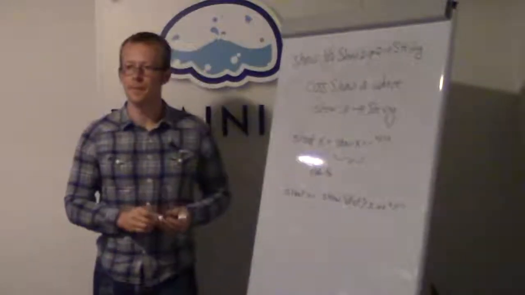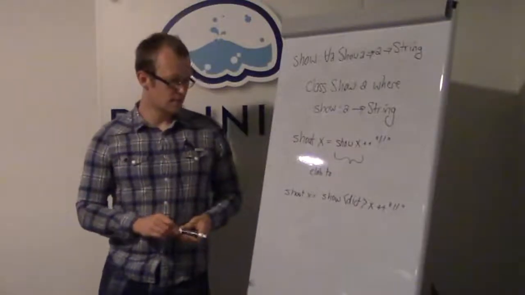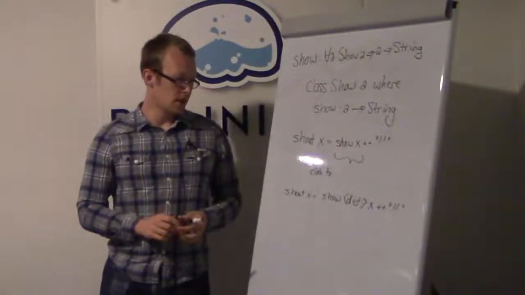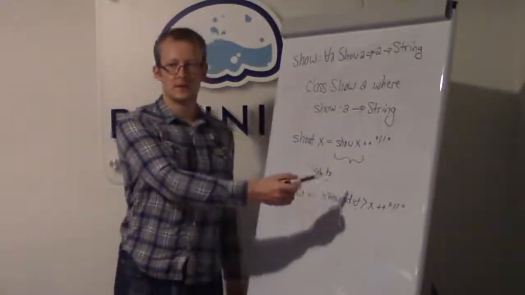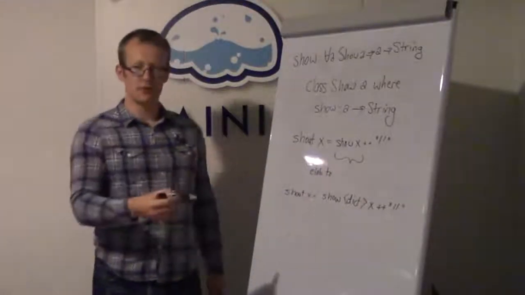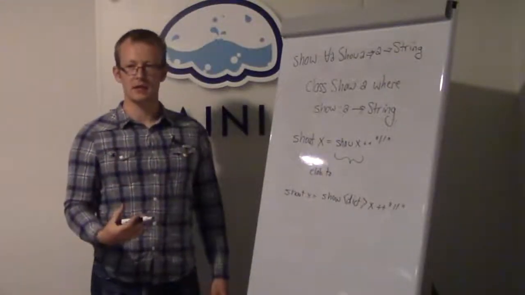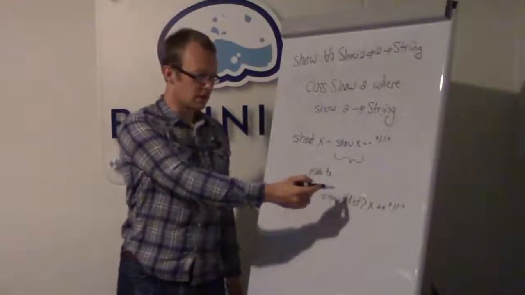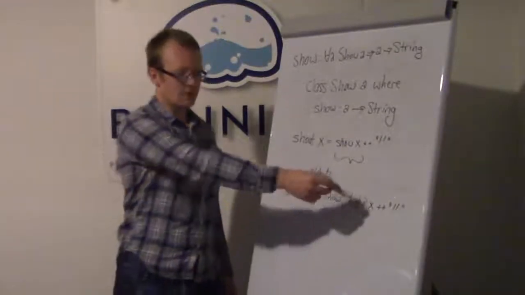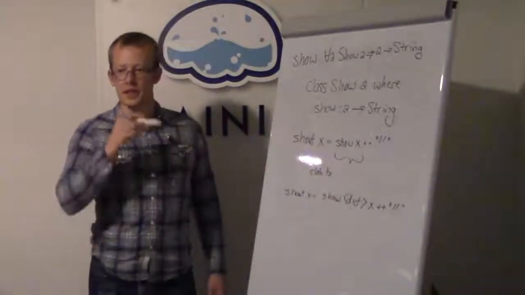Question: where does the dict come from? Should that be a parameter on shout? Should it be shout x dict? We can think of it as a regular argument. In the generated code, it really is a function application. Now we're applying the function show to two arguments instead of just one.